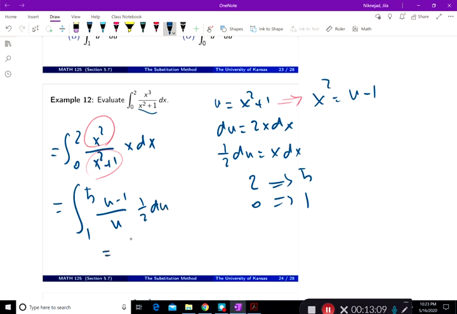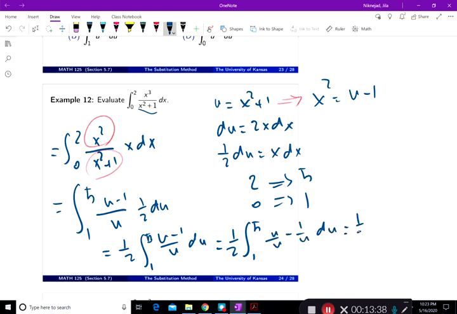So not too bad right now, but how do I still have a quotient in here? What am I supposed to do? Here, remember, because the denominator was only one term, I can put each term in the numerator over that denominator, and that helps. So I get u over u minus 1 over u du, which is the 1/2 of integral 1 to 5 of 1 minus u to the power negative 1 du, and that is